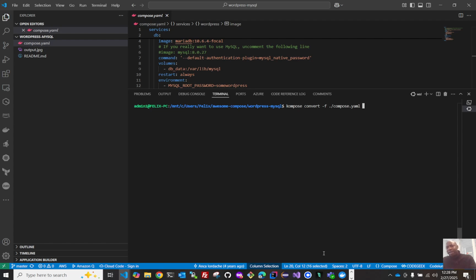So I'm going to use --out, which is the output, and I want it to go into a directory I'll call k8s. This is the directory where I want the converted files to be created. If you hit enter,